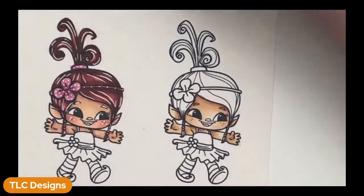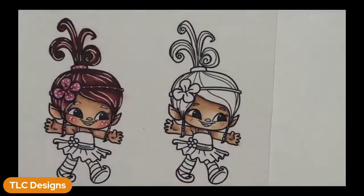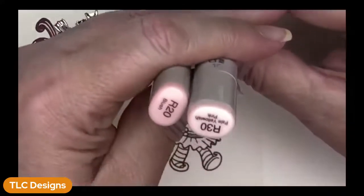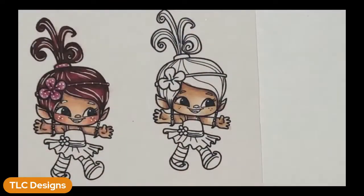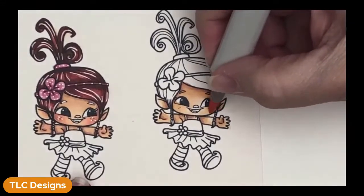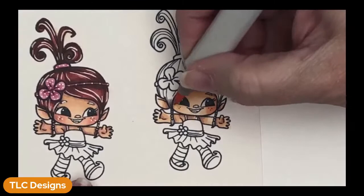Now, I didn't realize how much layering and blending you need to do to get this look. I hope everybody can see what I did there. And then I'm going to use, I'll show you, R20 and R30. R20 is the darker of the two. And I'm going to come from this edge. And